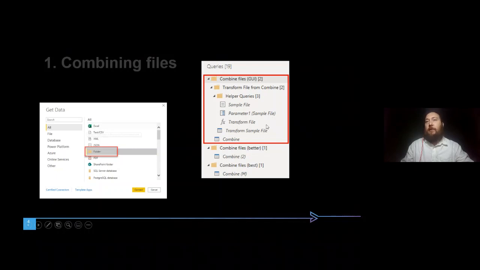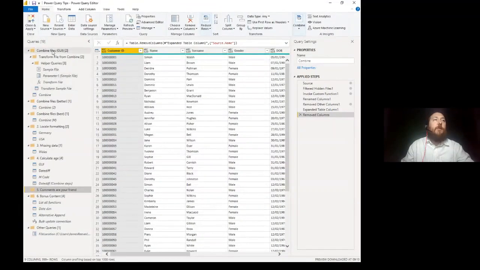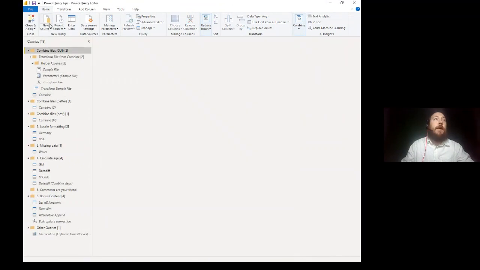It does then give you all these bits in Power Query. It's just not very neat. I prefer just to have a single line. So I'll show you how to do that, and then also go one further and make it even neater and more concise. First of all, let's look at the automatic way of combining files. If you were to come into Power Query and go to new source,